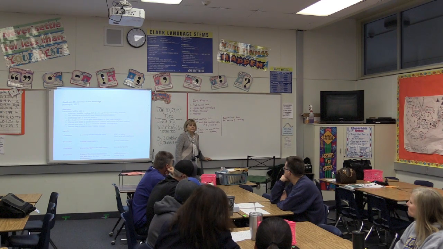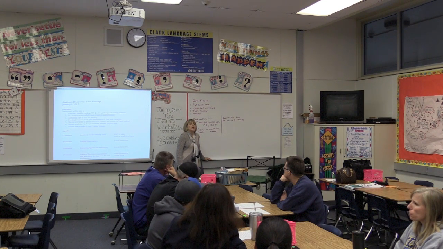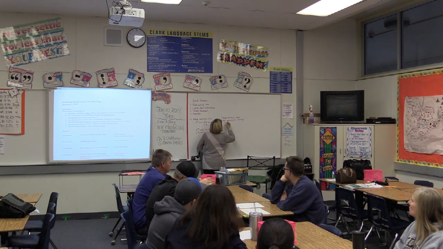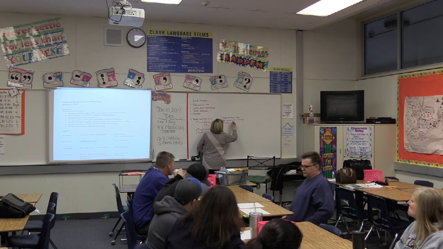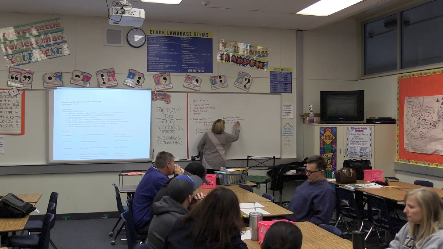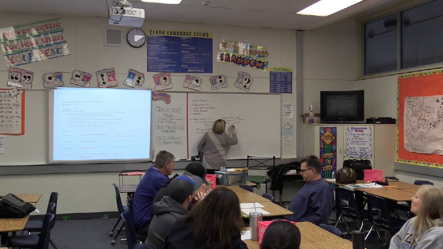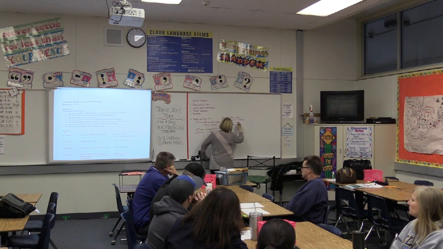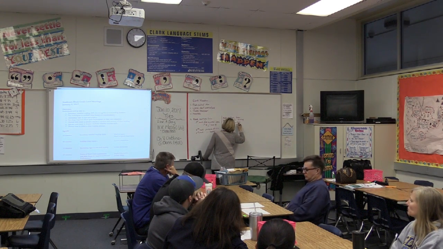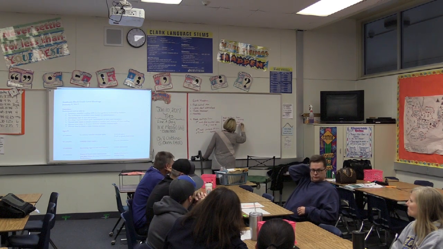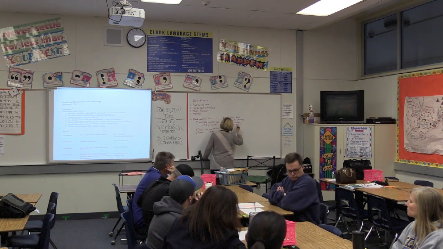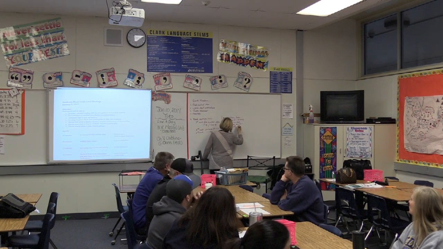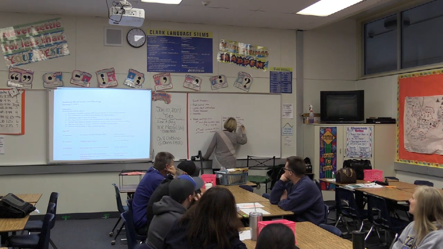Well, I think before you even read, you have to preview the text. Tell me about that. I think you have to, because there's titles, there's subtitles, there's captions, there's pictures, there's information within a text that is given before you even start. Well, identifying the text structure, because you're going to read different texts based on what type of structure it is too. So identifying what type of structure it is, then they know how they're going to go through and tackle it.